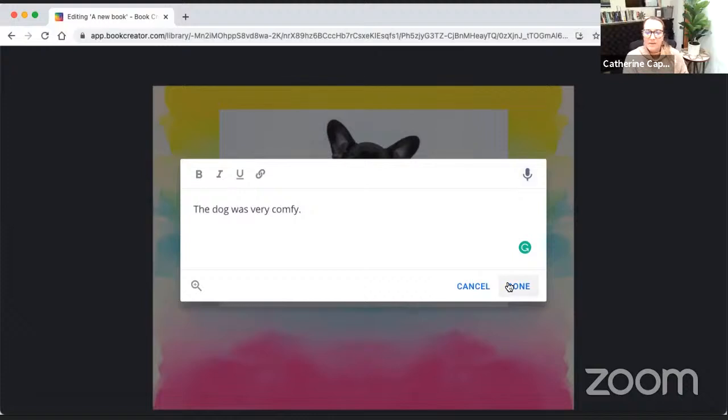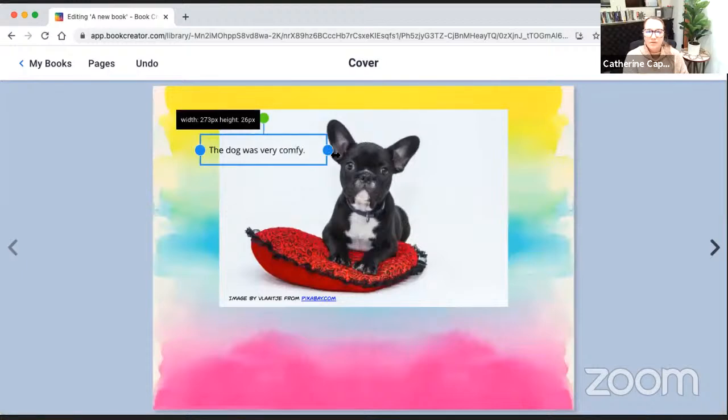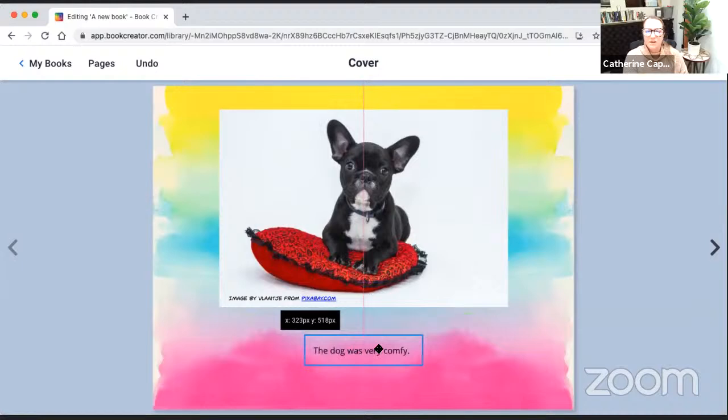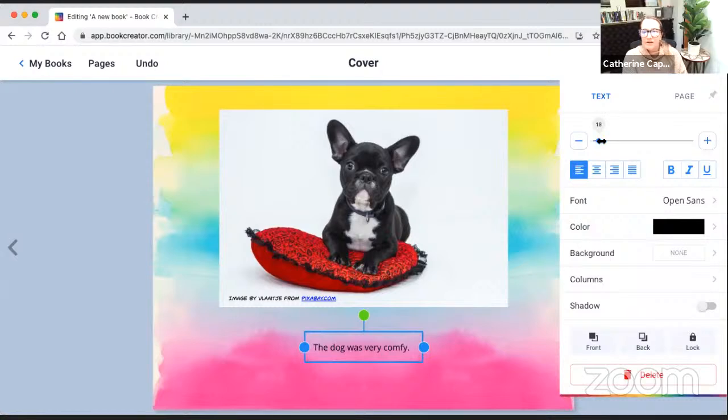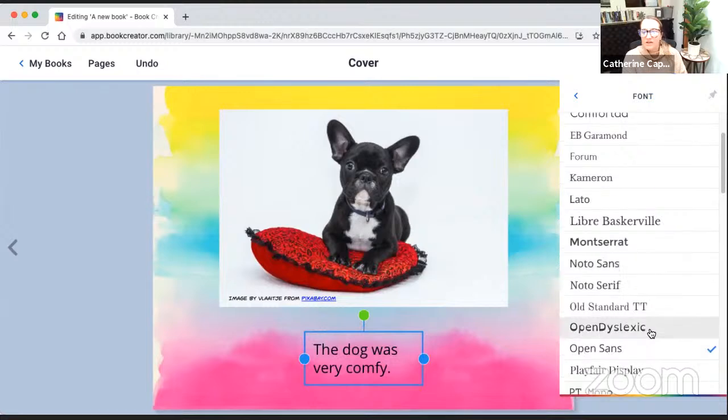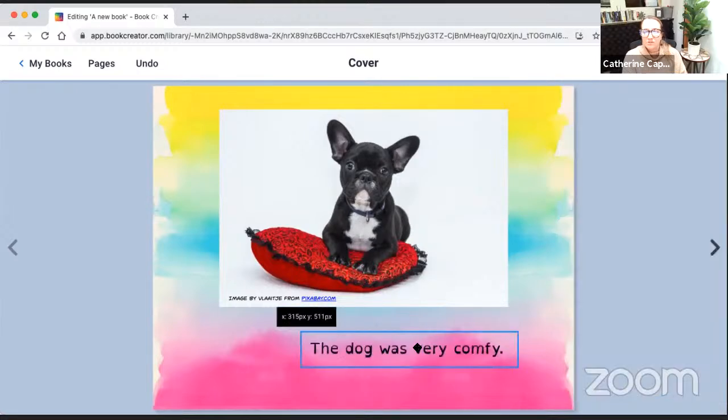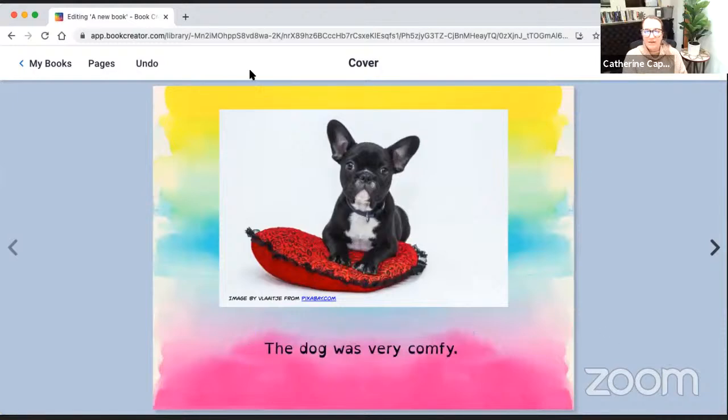I'm going to add this to my page. And then add this to my page. And my text looks pretty boring, so I want to change it. So I'm going to click on that inspector sign again. I'm going to make it bigger. I'm going to change the font because whenever I want to change something, I go to that inspector sign. And now I have my page.